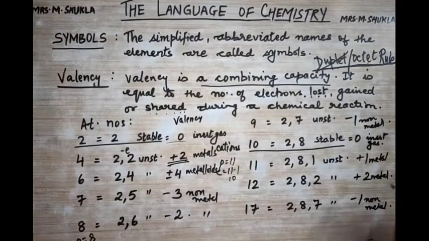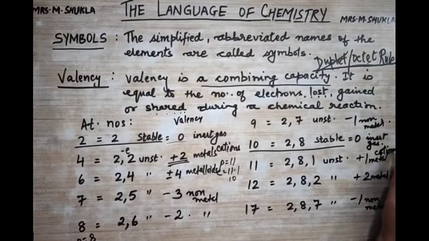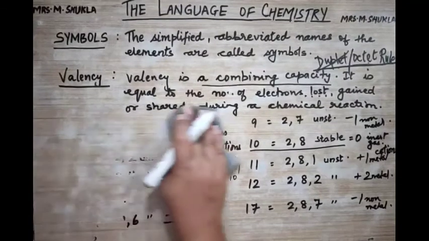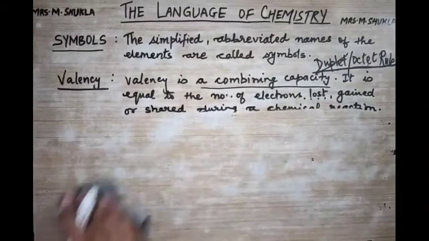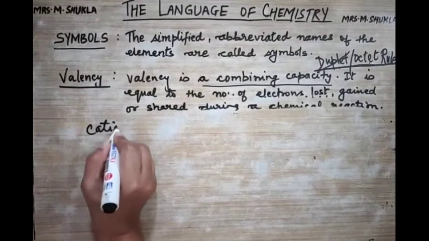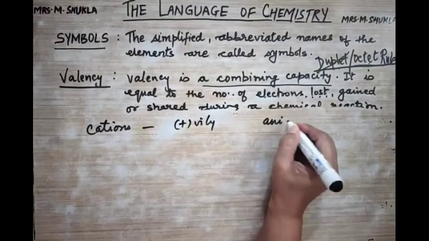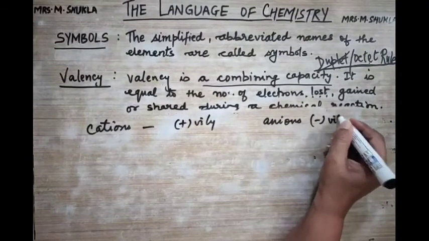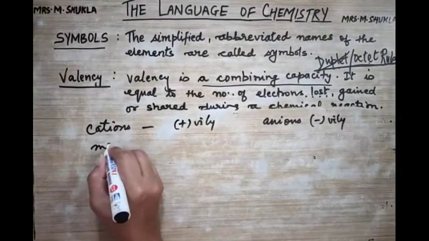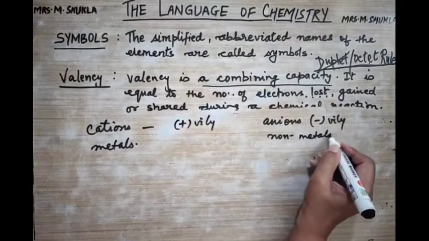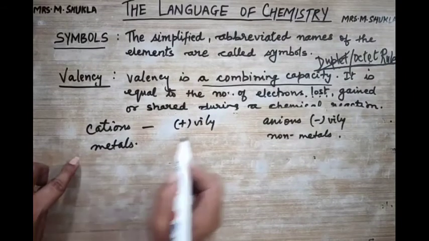Positive ions, what are they? They are cations, right? All the negative ions, these are called as anions, right? Now, something more to be told about anions and cations. Let me explain it to you over here. Cations, they are positively charged. Okay. Anions, they are negatively charged. First point. Cations, they are all metals. Anions, they are all non-metals.